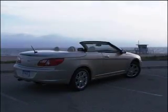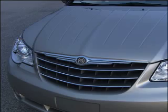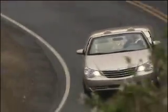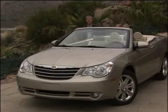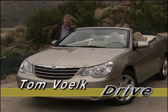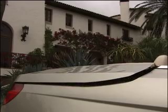Those lucky enough to vacation in sunny destinations may have driven a Chrysler Sebring convertible. They're a darling of the rental fleets in Florida and Hawaii. If you couldn't tell, this is the all-new, much improved 2008 model. As a car enthusiast, I believe that everyone should experience the convertible lifestyle at least once in their lives, but I understand that people are reluctant to own a car with a soft top. With that in mind,